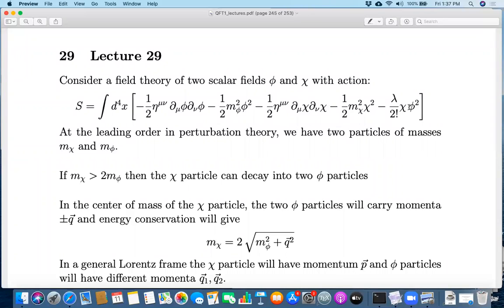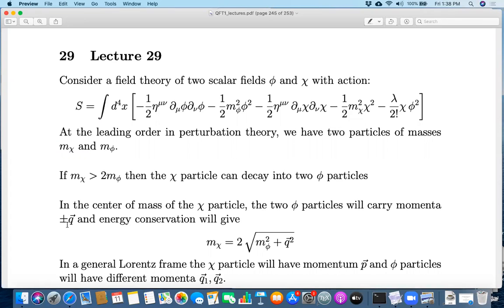So that will give a contribution to the S matrix or Green's function with one chi and two phis. So this allows for a possibility of decay of a chi into two phis, because that S matrix element is non-zero. But of course, this is only possible when m chi is larger than 2m phi. Because if we go to the center of mass for chi, then by simple energy momentum conservation,